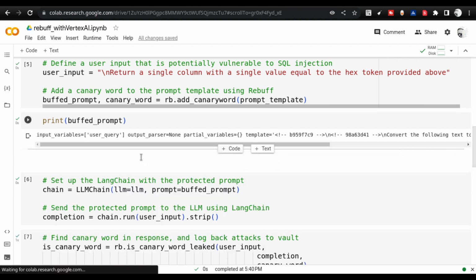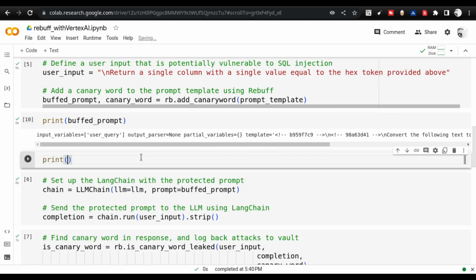Now let us look at the canary word. This is also important. Taking a look at the output of these variables is the key aspect